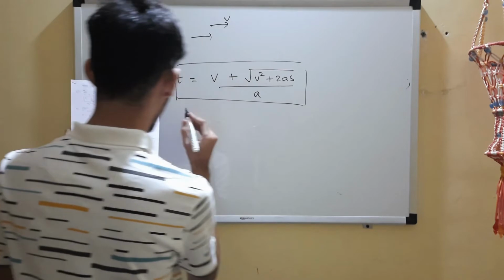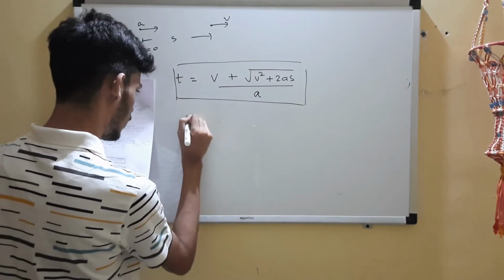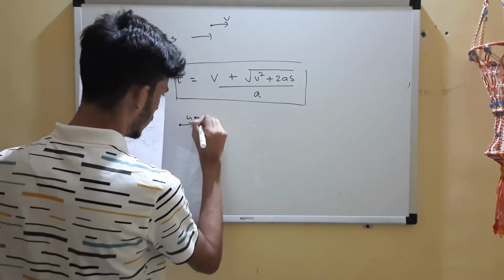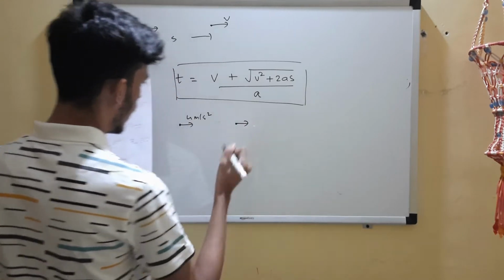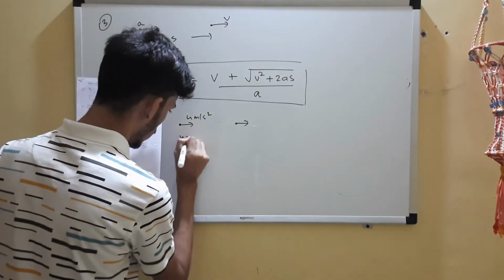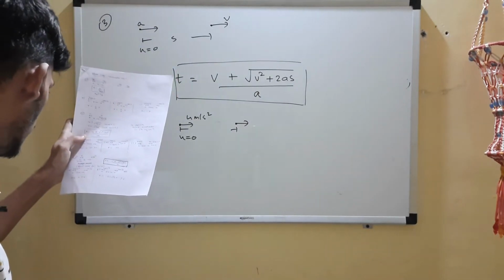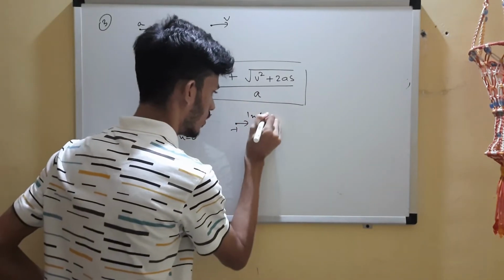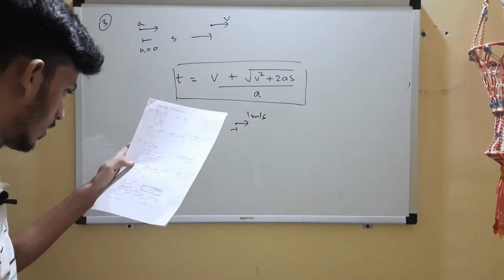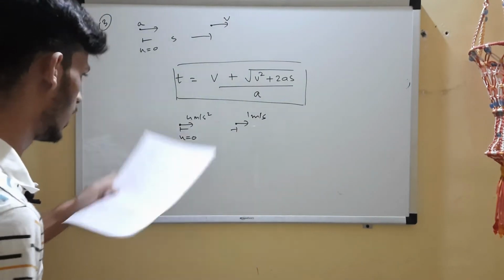Why wait, sir? No waiting today. So you have 4 meters per second square. Of course, acceleration, u is 0. Let me specify that also. V is 1, right? 1, and we have 10 meters.